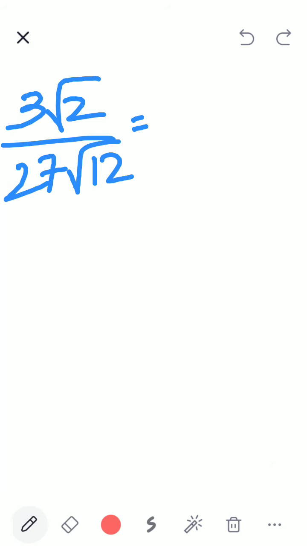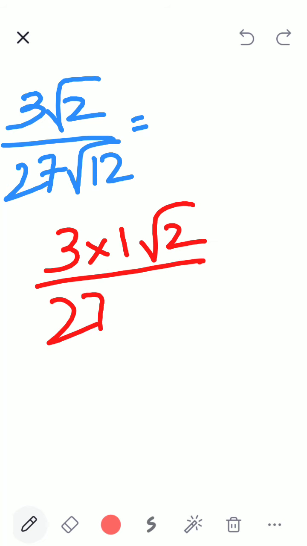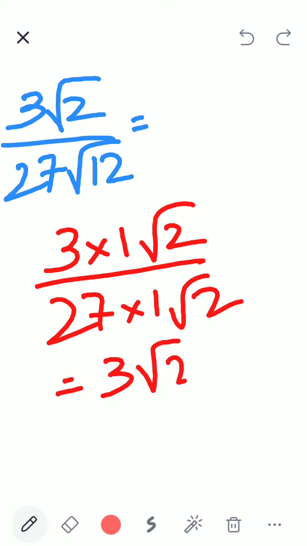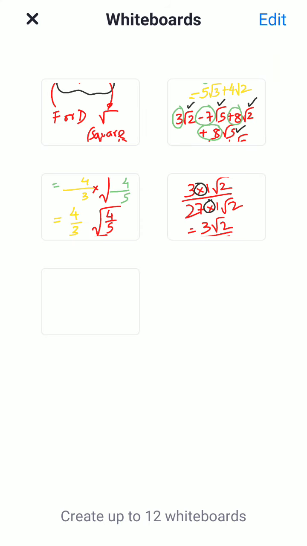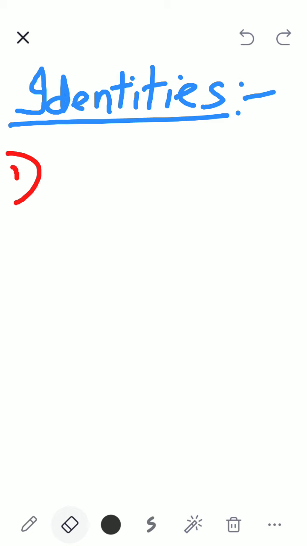Okay, wait. Let me finish this quickly. Pawan, I can write this as 3 into 1 root 2 upon 27 into 1 root 2. Same only. 3 into 1 is 3, 3 root 2. 27 into 1 is also 27 root 2. Same thing. How will you add? Look at this, child. It's multiplication, no? If you have multiplication and you add, then there's a mistake. Okay. Let's go back. Is your doubt clear? If it's not clear, we'll come back after the class.